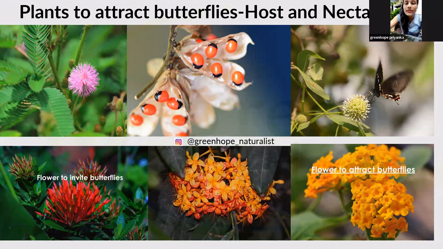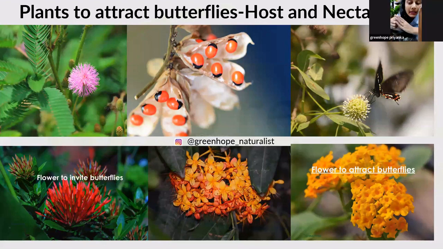If you already know the plant name, that is good, but I'm going to tell you again. The first picture is touch-me-not. Then the common plants I have already told you about, lemon and curry leaves, for the common mormon and lime swallowtail butterflies. And then there is ixora. I talked about ixora. Ixora is a host plant for